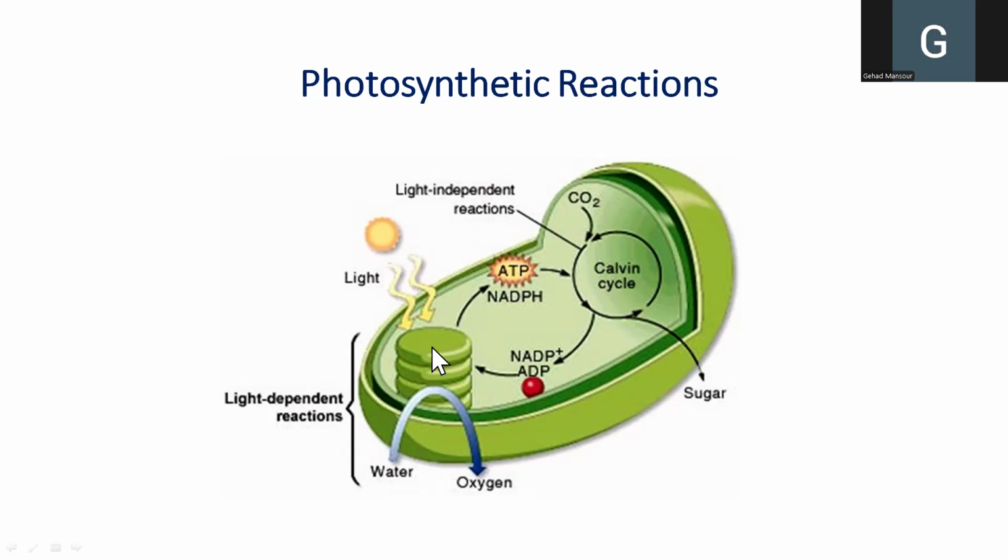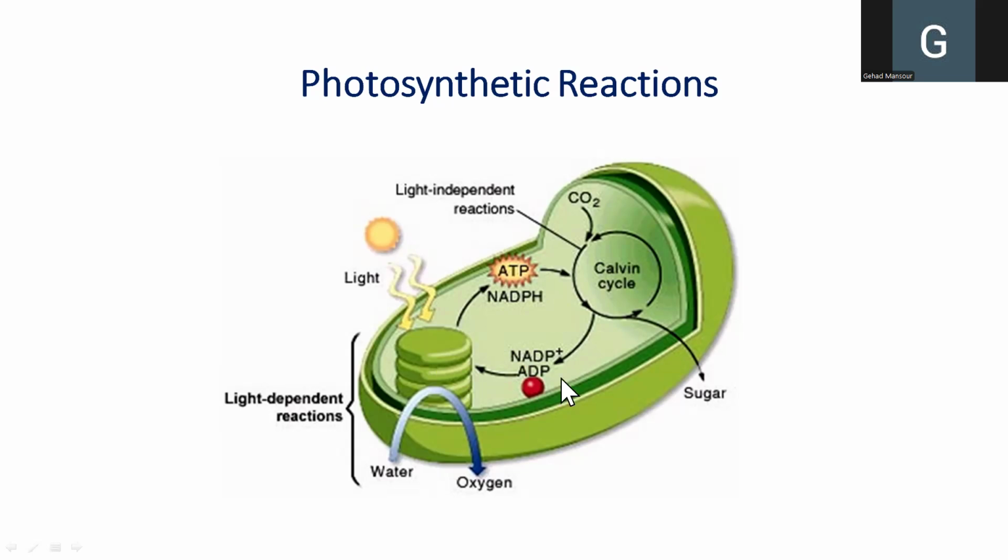The link between light-dependent reactions and light-independent reactions is those two important molecules, ATP and reduced NADP. Of course, as you know, when ATP has given its energy to the Calvin cycle, it returns again to ADP, and that ADP will be reutilized in the light-dependent reactions, as will be explained later. Similarly, reduced NADP, after having given hydrogen to the Calvin cycle, will return to be reutilized, and it will return